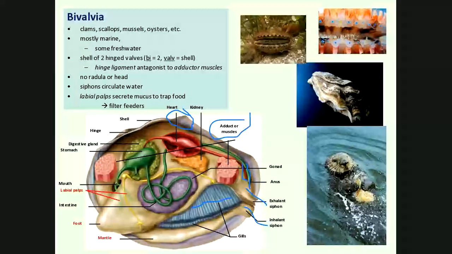The picture of the sea otter is interesting. Sea otters have learned to crack open the shells of oysters and eat the inside of them. That's why they always say, who would ever eat an oyster? Who was the first one to eat one? Historians or anthropologists tell us that many times human beings would watch animals eat something, and they'd say, well, it must be okay for us to eat it.